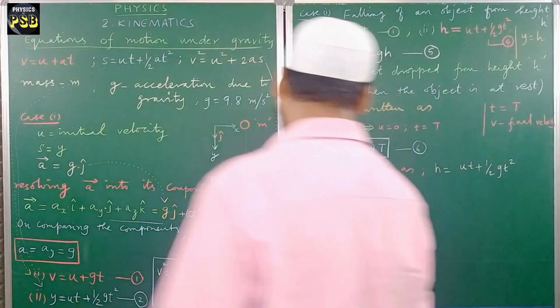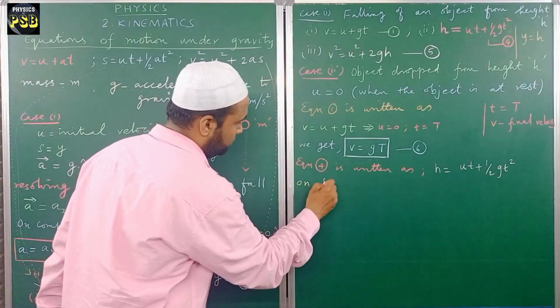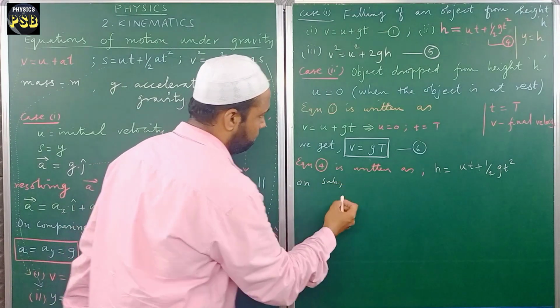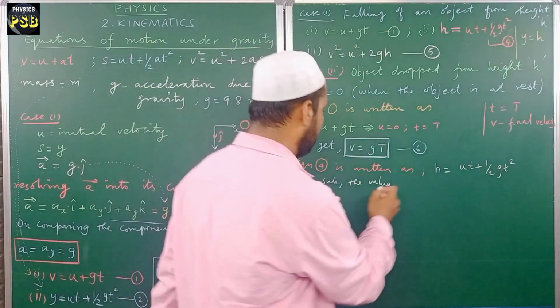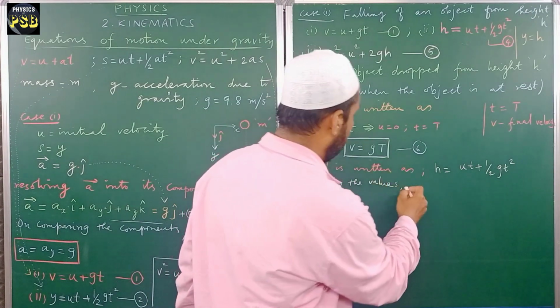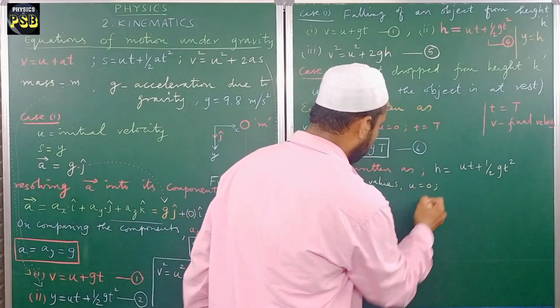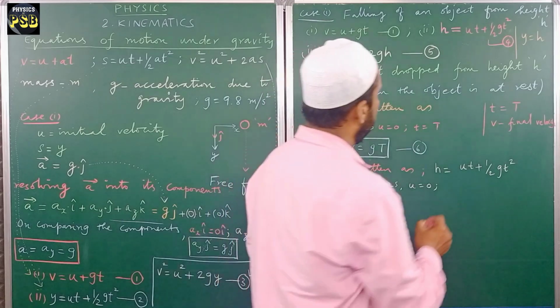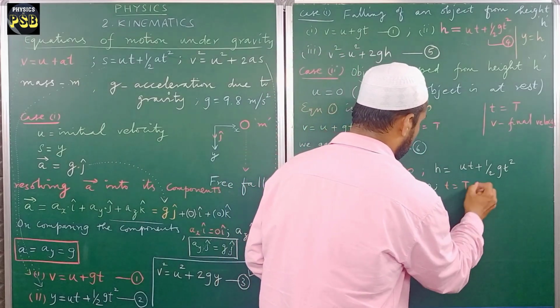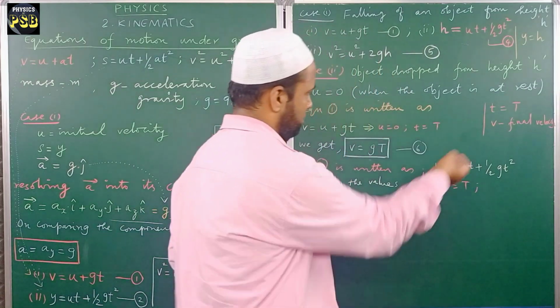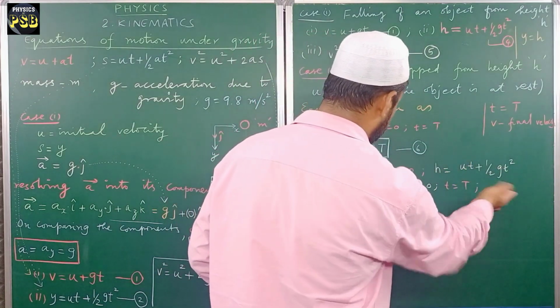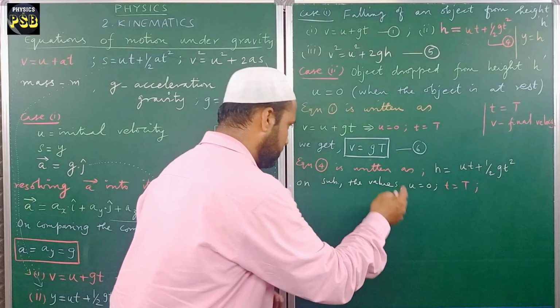On substituting the values, what are they? u is equal to 0, t is equal to capital T, and that's all. This is what we have to substitute. There's nothing else here. So we get